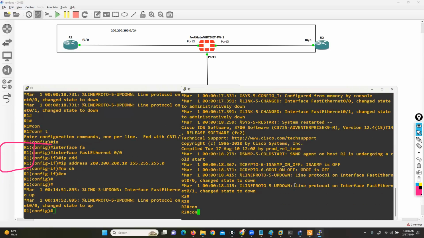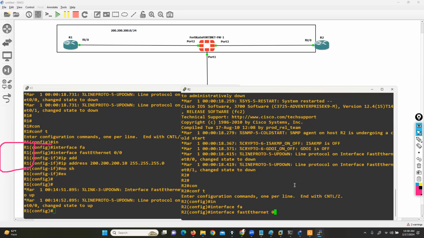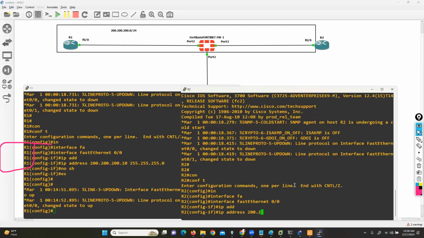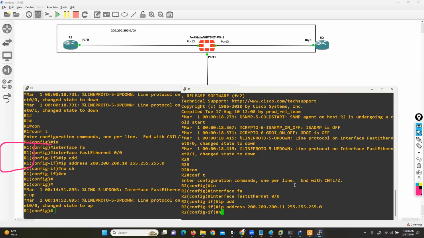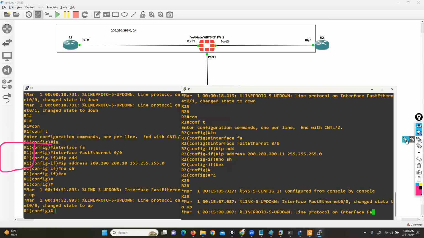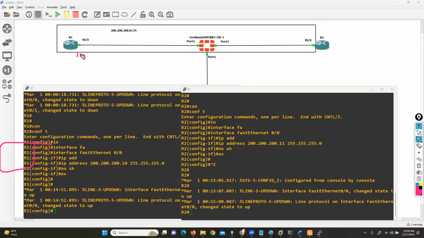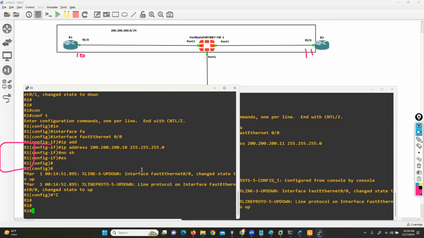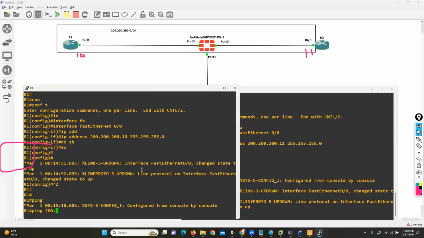Now let's go to the gateway router. On the gateway router, I'm using the same series of IP, for example 200.200.200.11. We use .10 and .11 on this side because this is the same subnet. From R1, if I try to initiate traffic, if I ping 200.200.200.11,